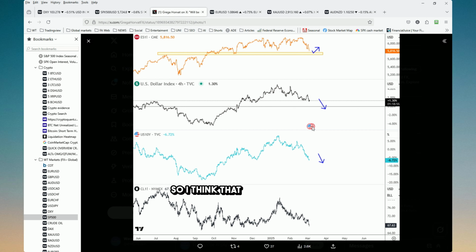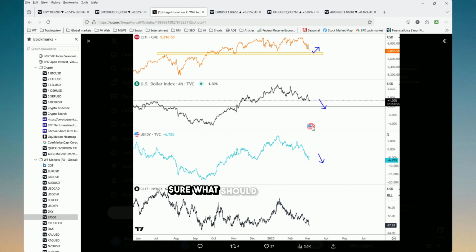So I think that US yields will continue to move to the downside, and I think that treasuries could maybe even be seen as a safe haven in some kind of risk-off environment, but I still think that US yields will drive the US dollar to the downside. And that's actually something the Trump administration also wants. They want lower energy prices and lower US yields.